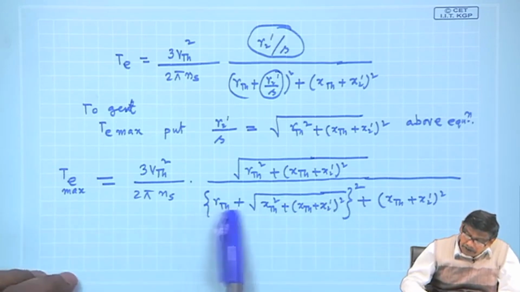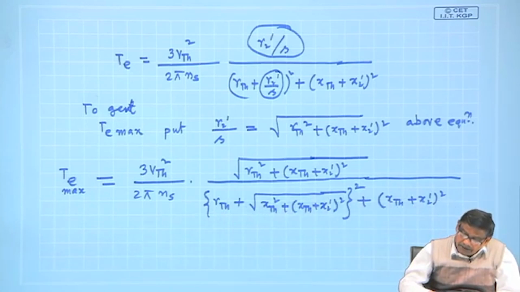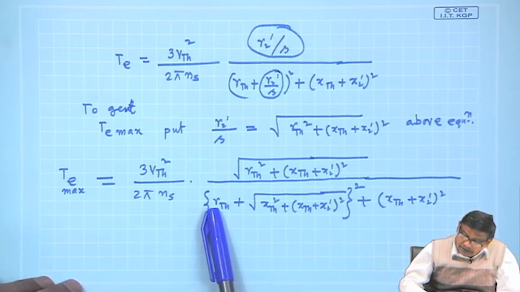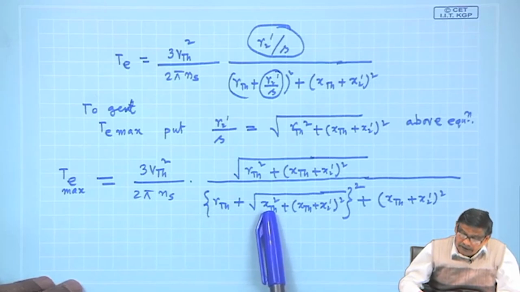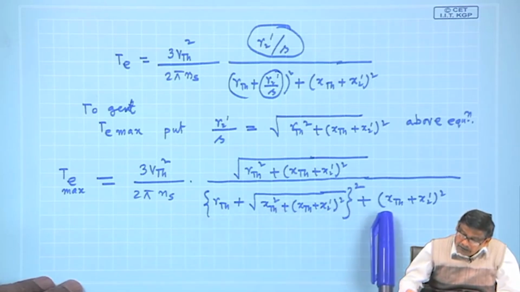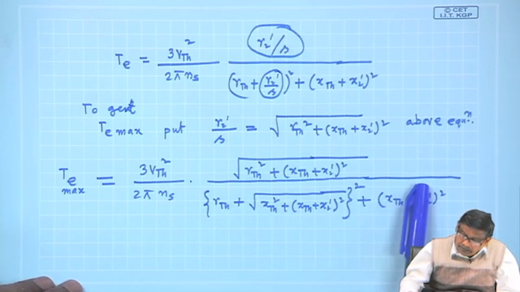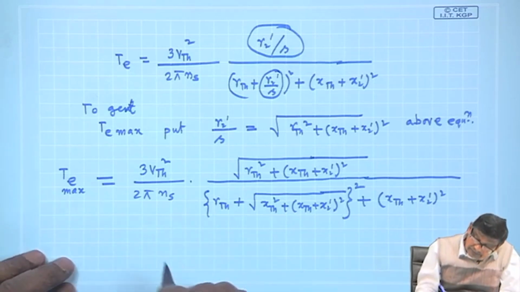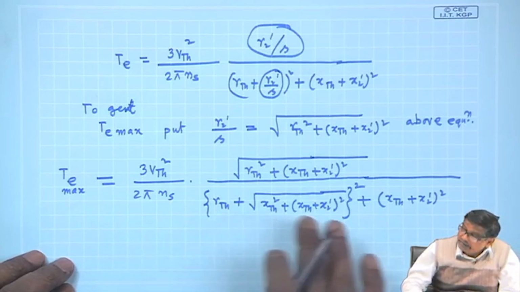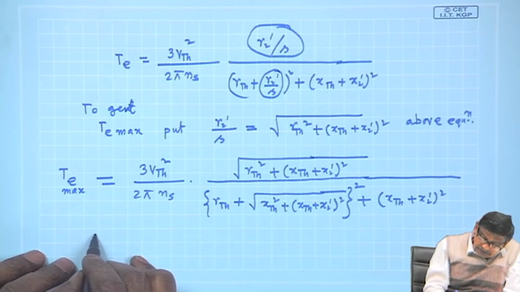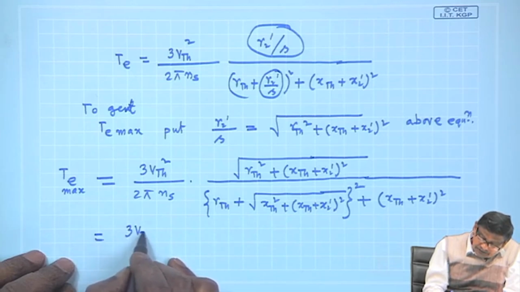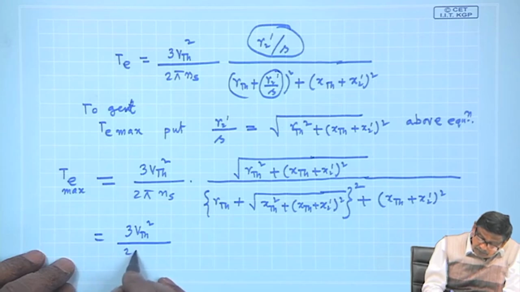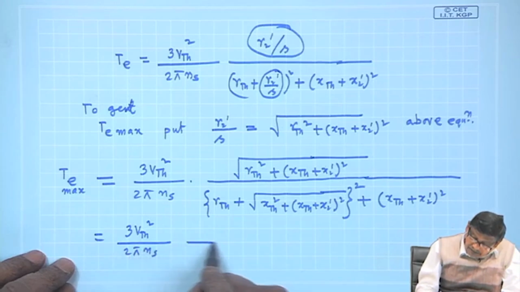For example, you expand the numerator, then what will happen? There will be R Thevenin square plus X Thevenin square, A plus B whole square, like that, and also here will be another X Thevenin square coming, is it not? It will be like that, you just expand it, and here it was correct, na, everything. So, this is equal to 3 V Thevenin square by 2 pi n s into,